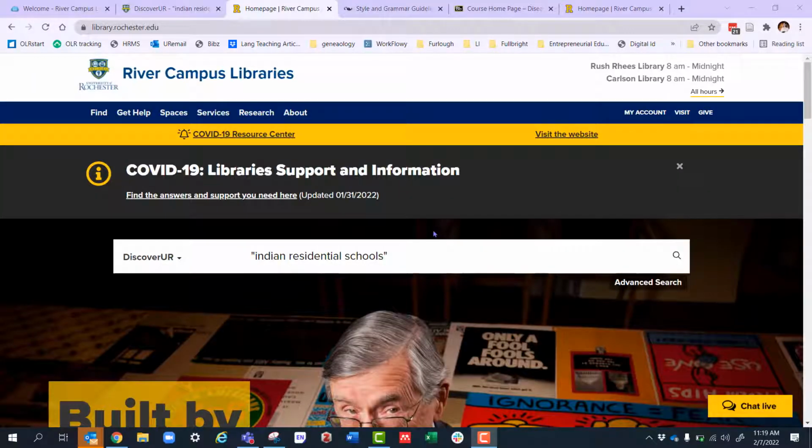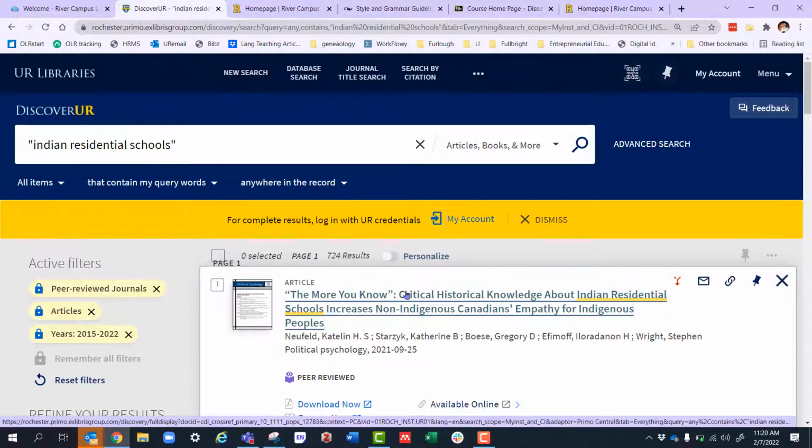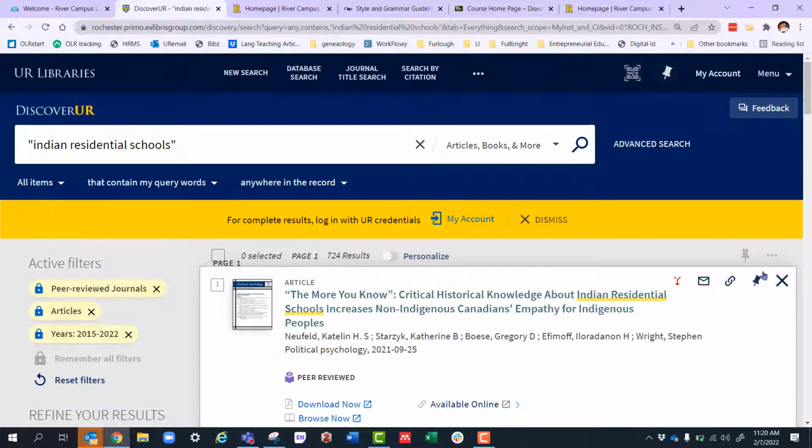One way the university can help you do citation is through its automatic citation process. So if we're looking at the library's homepage, we look for Indian residential schools, and I do some filtering for peer-reviewed journals that are recent. If I find an article I like, one of the things we can do is click on